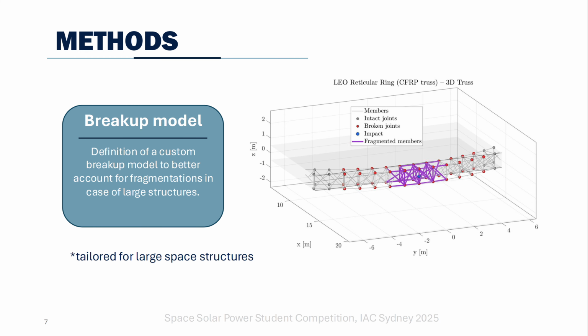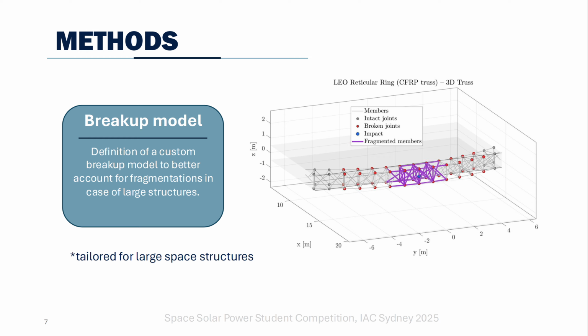The breakup model part instead is a custom breakup model that combines the classical approach, as for example it is employed in the NASA standard breakup model, and an innovative method that considers a series of primitives, subcomponents of each structure. And once an object collides with these primitive sets, we compute which primitives or which subcomponent is actually separating or breaking up.